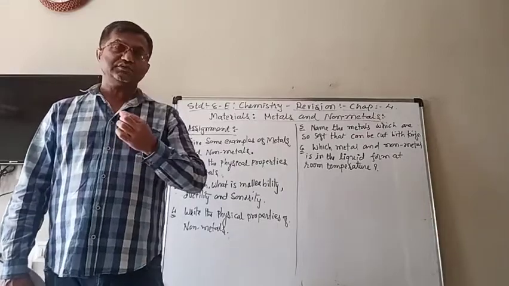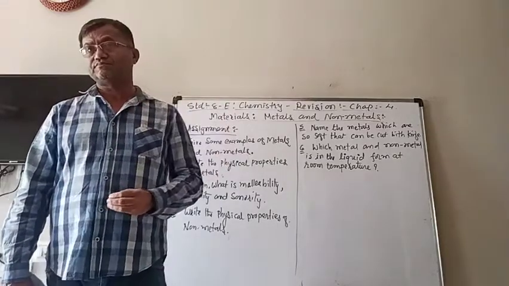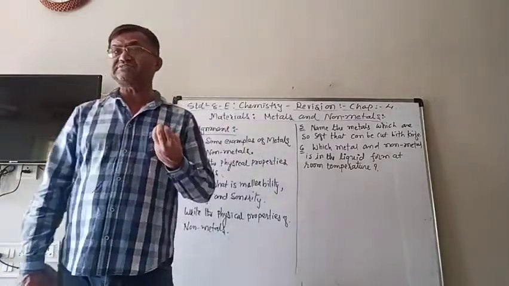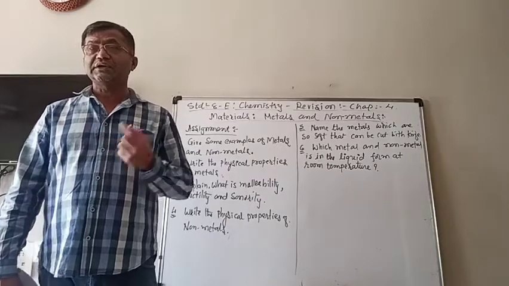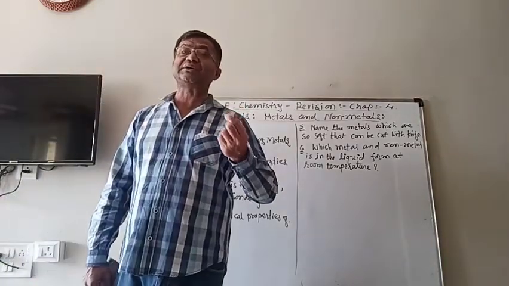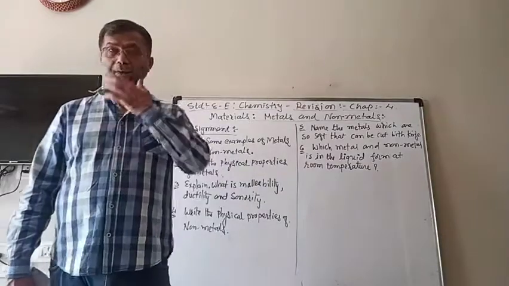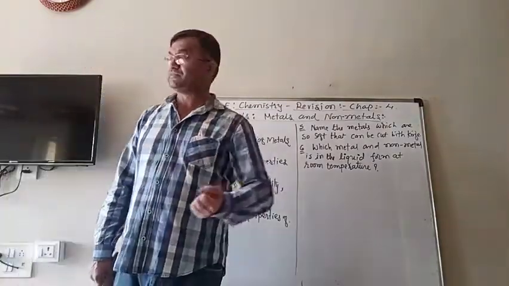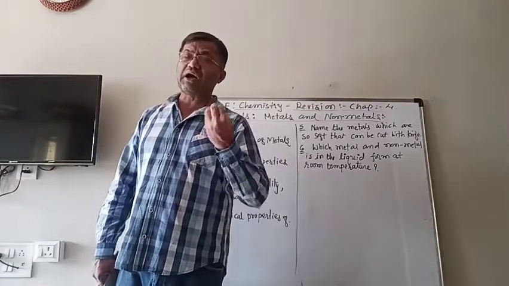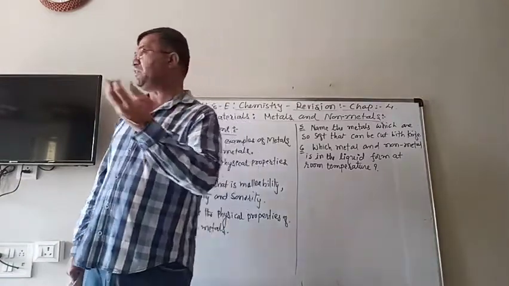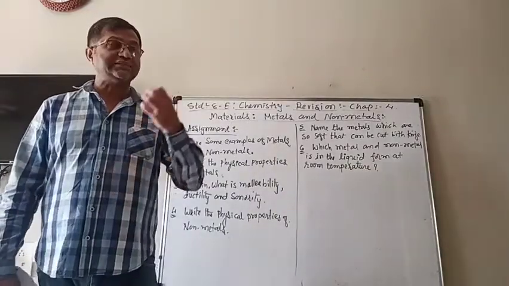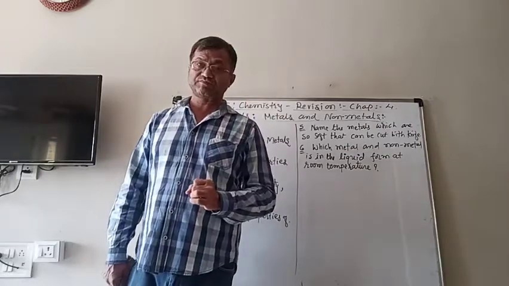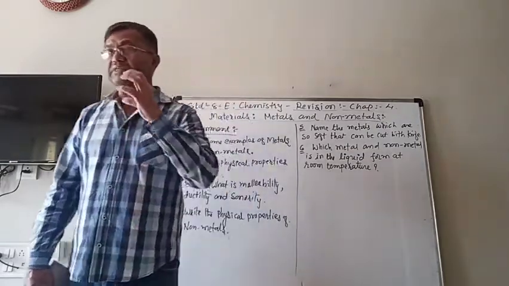One of the forms of carbon is known as diamond. Diamond is a non-metal, but it is the hardest material known in the world. There is no other material harder than it. So the diamond, which is a different form of carbon, is a non-metal but it is the hardest, meaning it is a hard material like the metals.